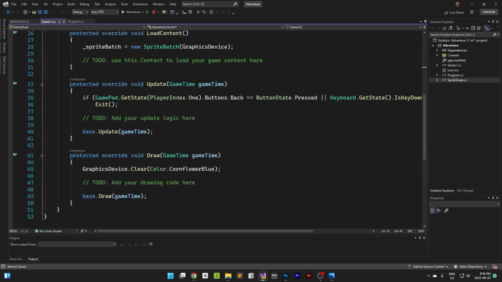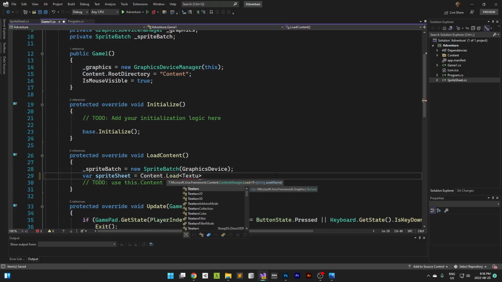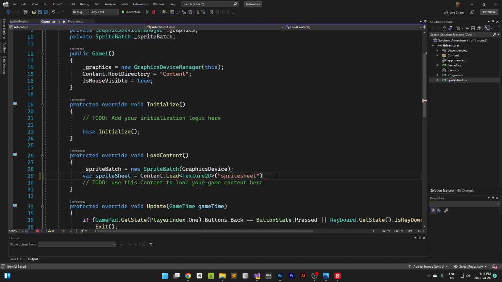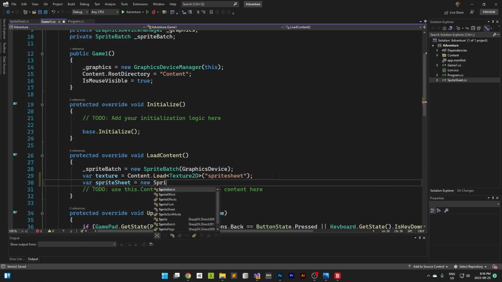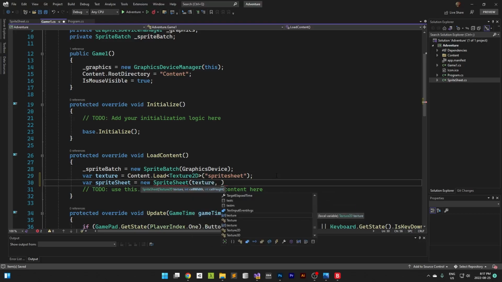So when we go back to our game, we load the content, we can say var SpriteSheet equals content.load texture 2D SpriteSheet. Actually, that would be texture. And then we can say var SpriteSheet equals new SpriteSheet. And then we pass in our texture. And then the cell width,